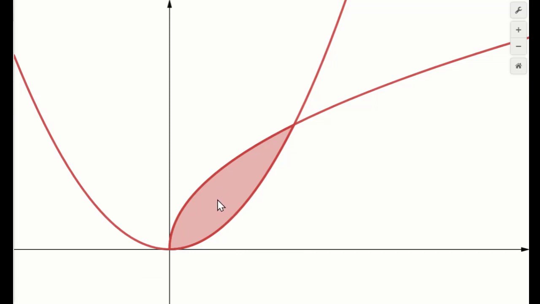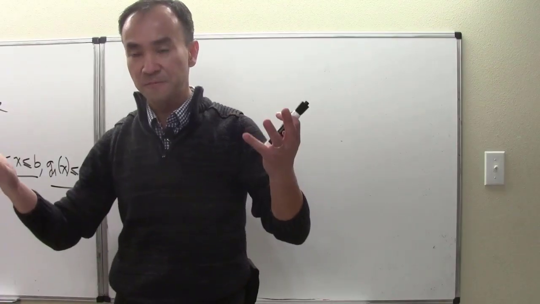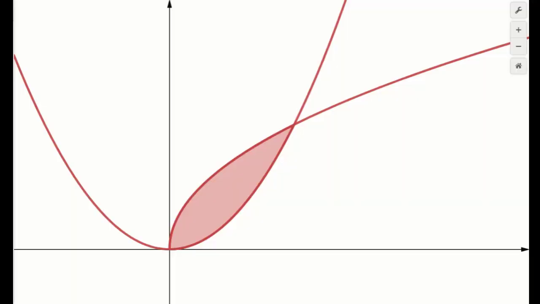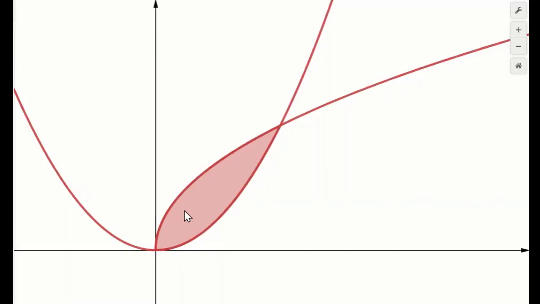For any x value, no matter where you are horizontally inside this region, the highest the y value can get is the upper boundary of the region, and the upper boundary is a curve. In the same way, looking at the same region, if you're at any x value that we freeze right there,